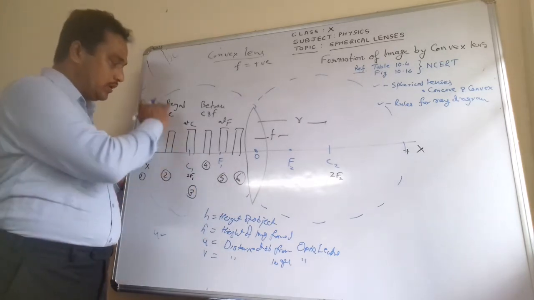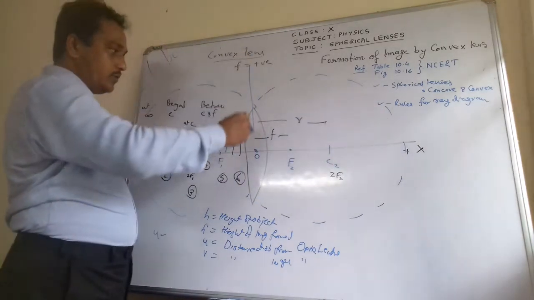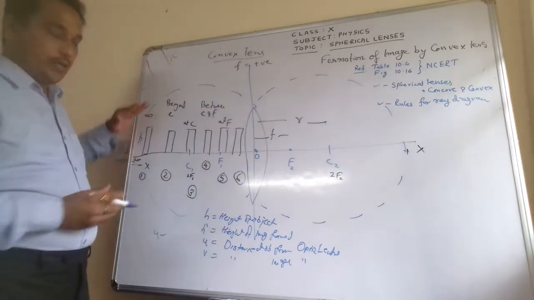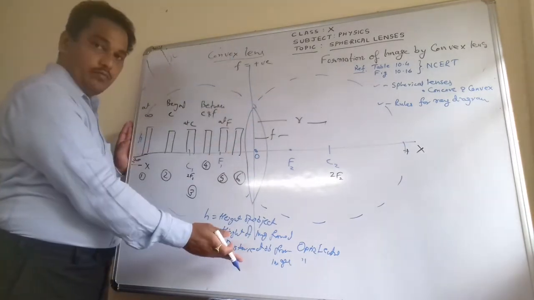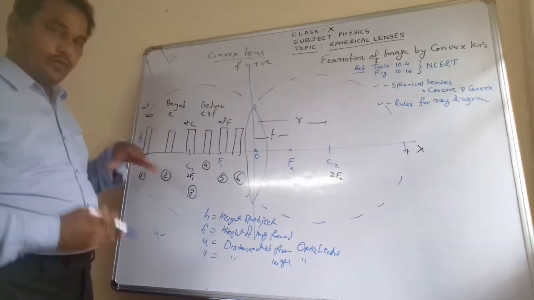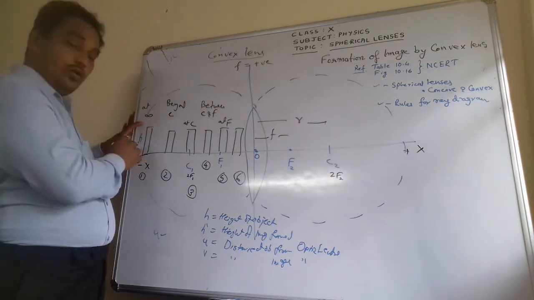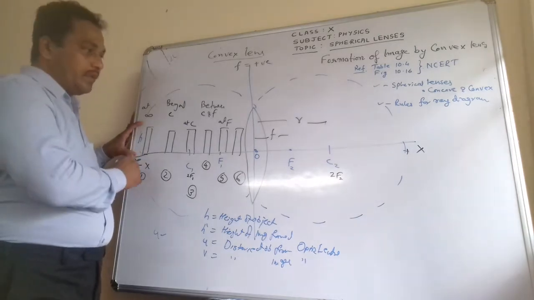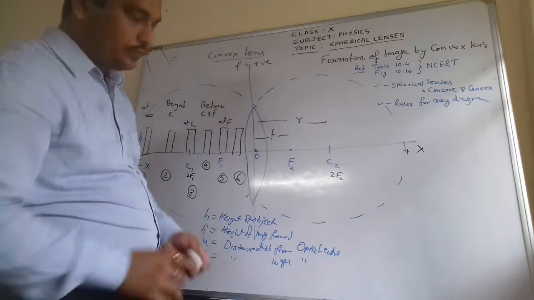Accordingly, you will put the sign for the height of the object, because this is on the graph, x and y axis, you are aware of it. Okay, so above that will be positive y axis and below negative y axis. Accordingly, you will put the sign. So let us see one by one. So the first case is the object is placed at infinity and the image is formed at the focus. So we will draw that.